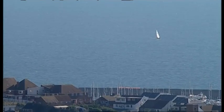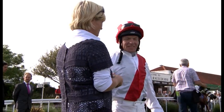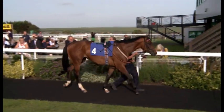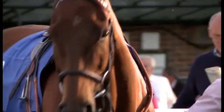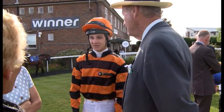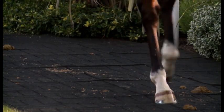With its idyllic views, unique track, friendly atmosphere and fantastic facilities, Brighton is a must for all racing fans. Whether you choose to visit the seaside location during their summer festival or on a more low-key evening meeting, you won't be